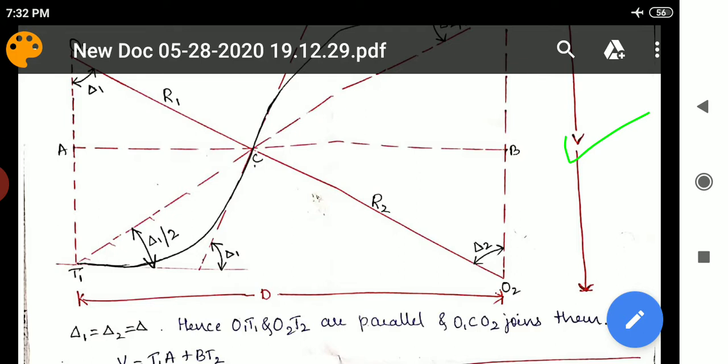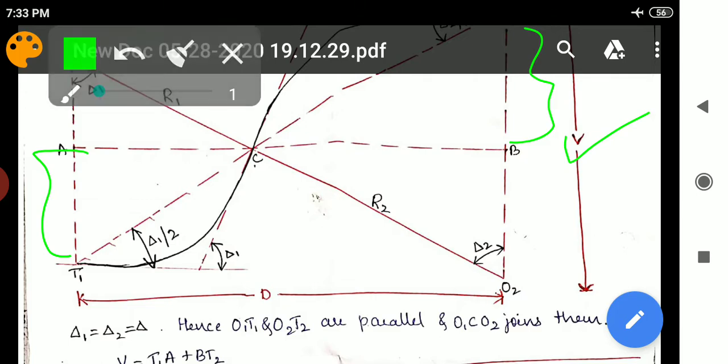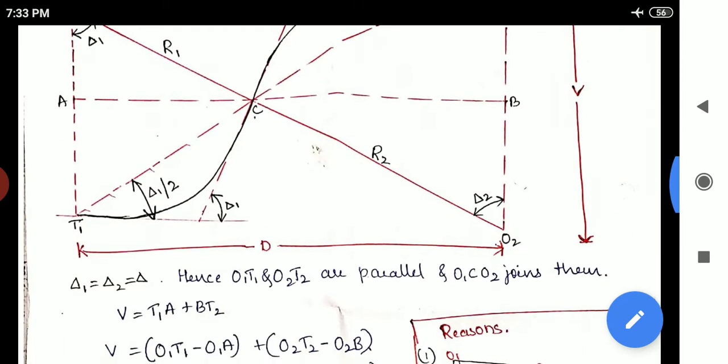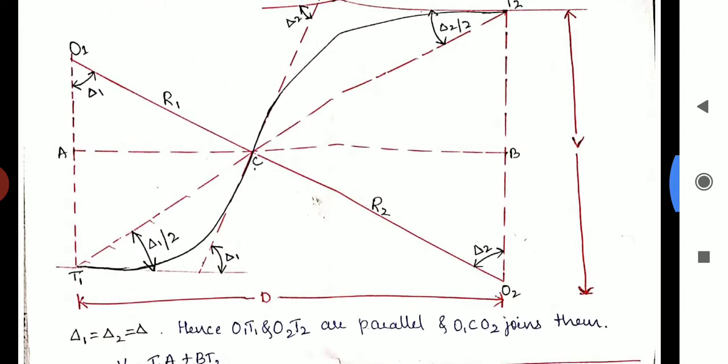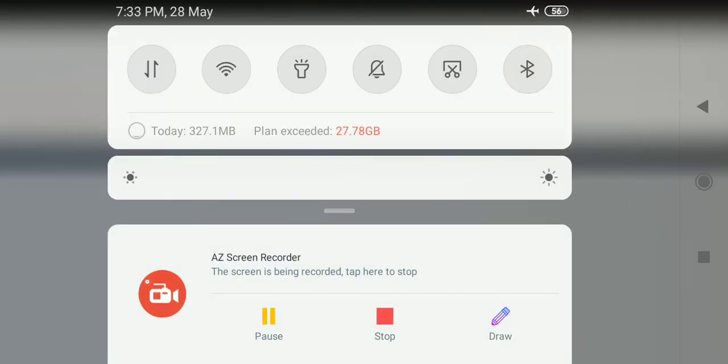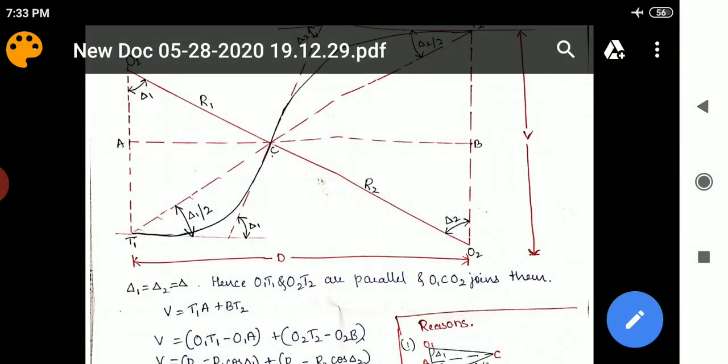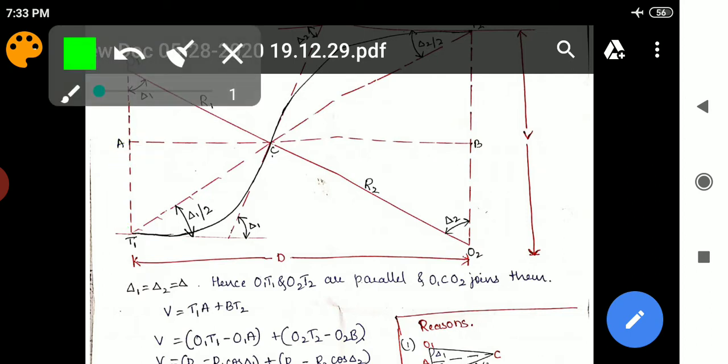So V equal to T1A, then BT2. Okay, so here T1A equal to BO2, that's why we took T1A. Next, T1A, see here, T1A is nothing but T1A equal to, see here,